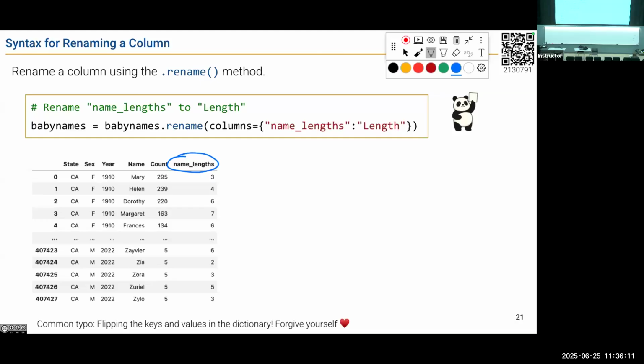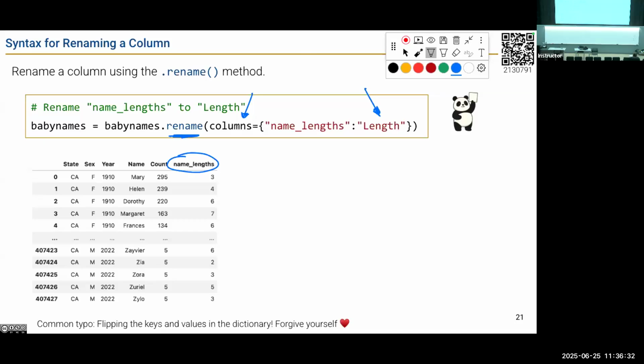We don't have to special space and deal with weird backslashes. Let's say now we were putting this in a public database and we want to change the name to something more human readable. We can use the .rename method, where we specify in this columns argument some dictionary that says how I want to change my existing names into some new names?